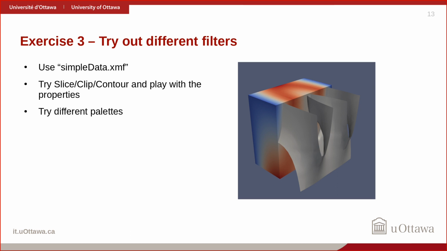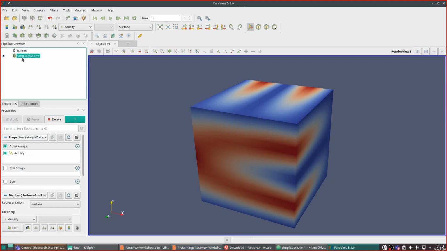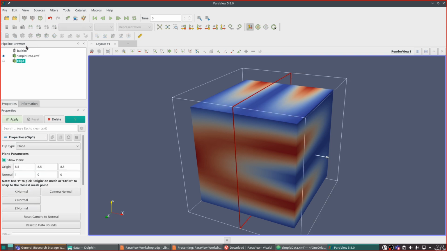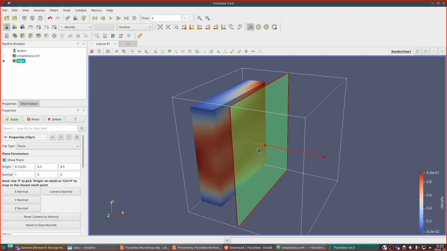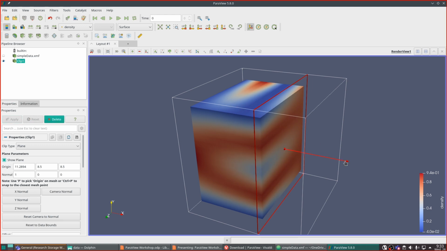So now you can just try to play with it. We use the simple data.xmf again that you probably still have opened. And you can try the slice and the clip and the contour, and you can also try changing the colors. So you select the data, and then you can select contour, clip, or slice. If you select clip, you press apply, you'll notice that it changes it. You can move this around, apply, move it around, apply. You can also select the arrow here, and then you can move the orientation,